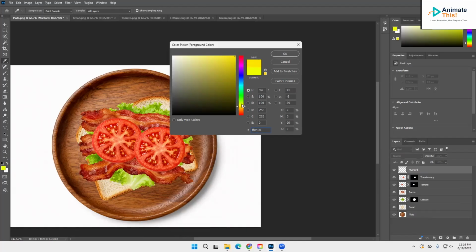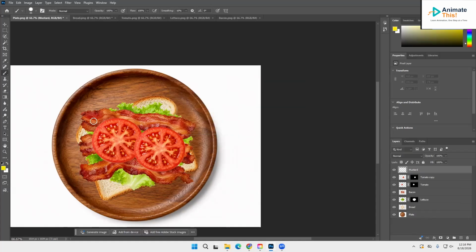So I'm going to move up and down in this slider. And then when I get to the area I like, I'm going to drag around and pick me a color in here. Hit OK. Now I'm going to go ahead and just paint a little wavy stream of mustard. Now it does not look great yet, but because we made it its own layer, we can use some effects